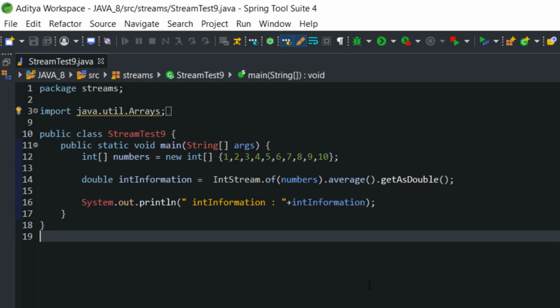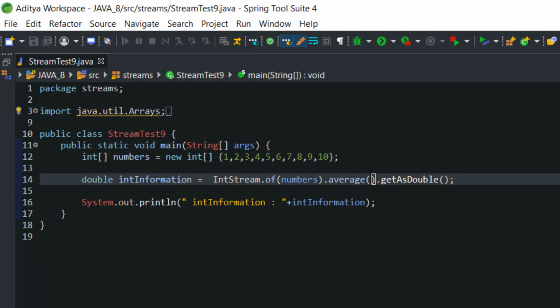Now what if I want the first value of the array which is stored? In that situation I will write one more method.